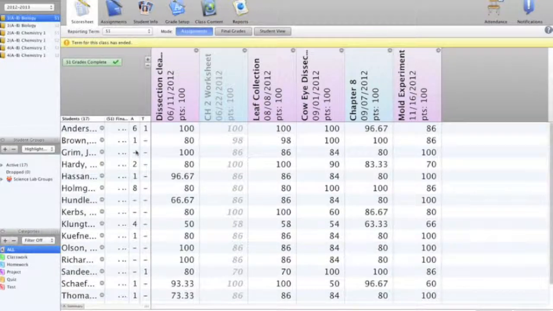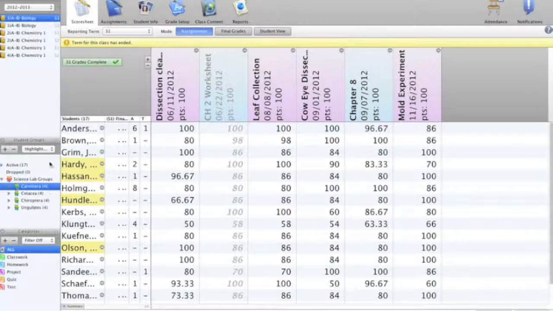Now, student groups operate in two modes. There's the highlight and the filter mode. By default, the student group pane operates in the highlight mode, where selected students appear highlighted on the score sheet. If I were to click on the active group, all of my students are active, therefore you see they have been highlighted. We're going to look at my science lab groups, and we can see all but one is assigned to a science lab group. In highlight mode, if I open that group, I can also look at those who are in my group Carnivora. There are 4 students in that group, as you can see them highlighted here, and our number 4